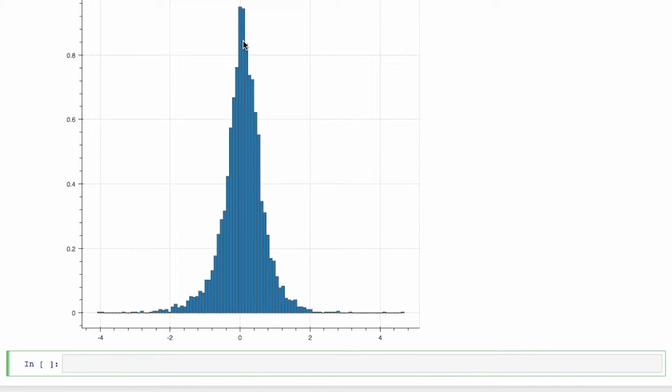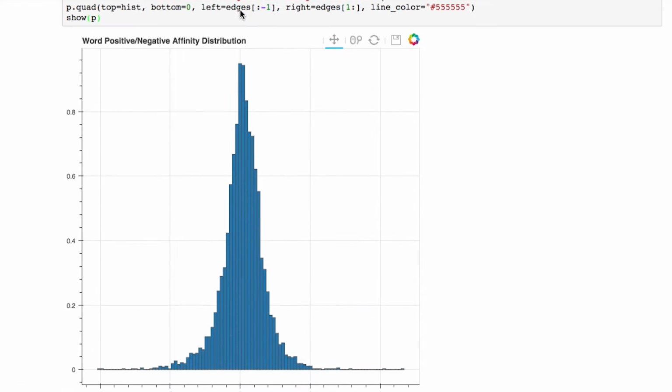Zero was totally neutral in the frequency of this distribution. It's normalized, but there's a ton of words that are kind of ambiguous. They're not really positive, they're not really negative, they're kind of in the middle. And then over here, there's actually a relatively small number that are just real punchers, the ones that really, really, really matter.